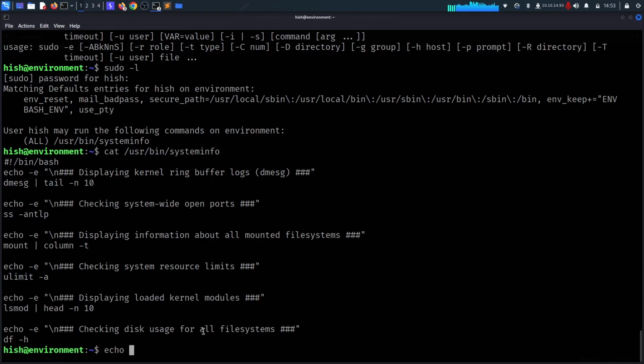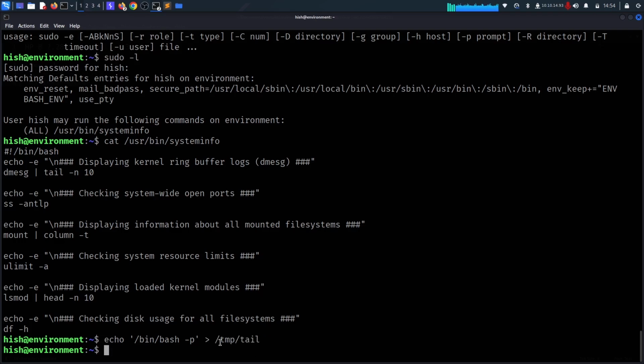We can do echo. Let's try to exploit the tail, for example. We can create a new tail binary, and we just call it /bin/bash, first of all, -p to execute with elevated privilege, and then we can redirect it into a file called, this is so slow, /tmp/tail. Good. So now when we do ls /tmp/tail,